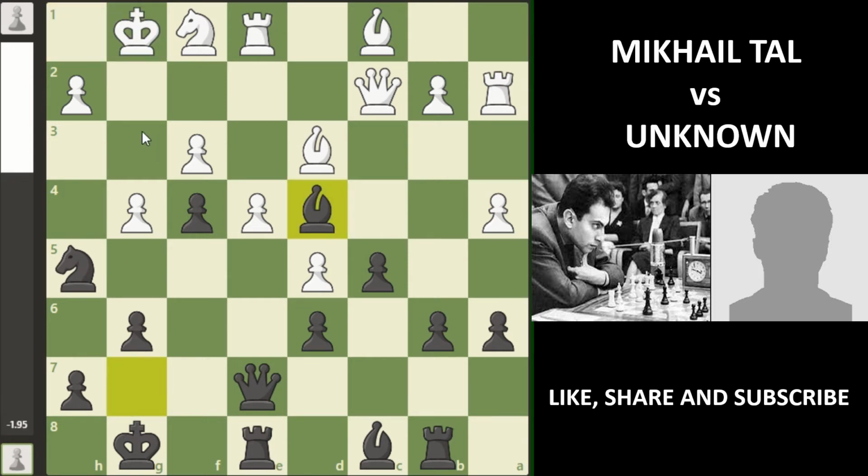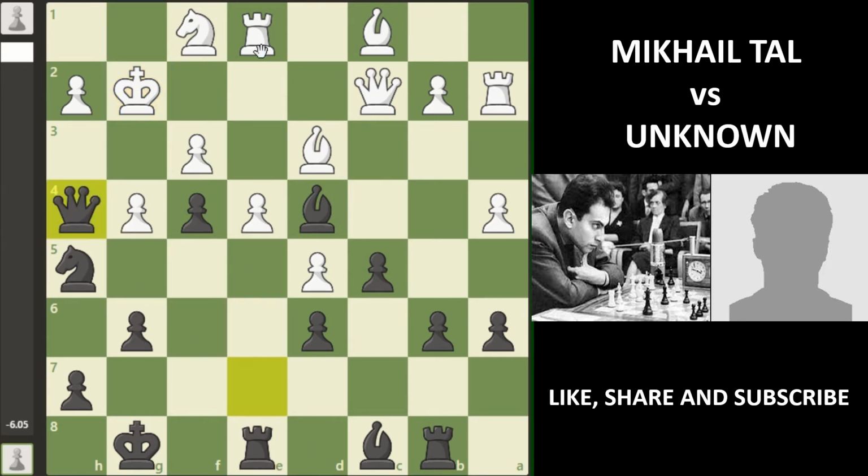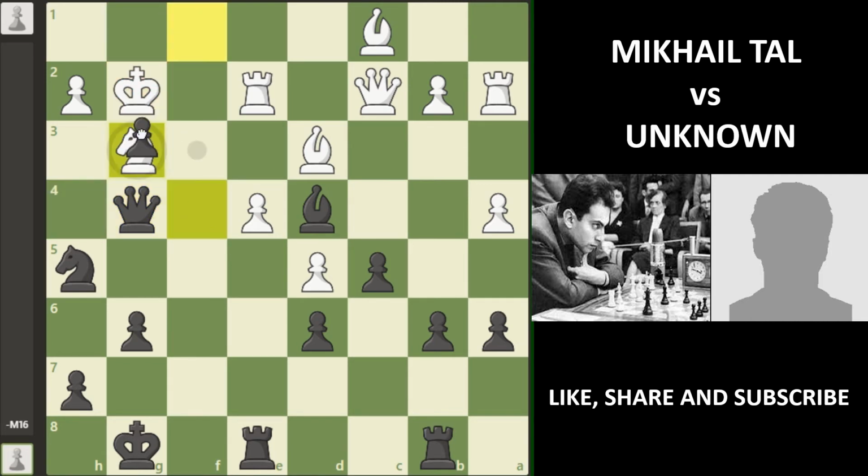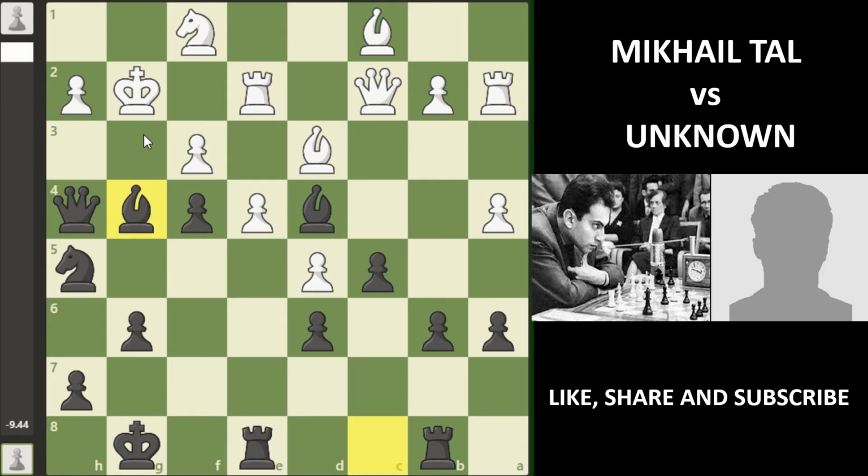Here, king to g2 would have been a blunder because of queen to h4, and after you move the rook, this bishop takes on g4. You can take, and now you cannot go king to h1 because of queen g1 mate. Therefore, you have to block with the knight, and this would be an overwhelming attack by black. Therefore, Birbiga played king to h1,